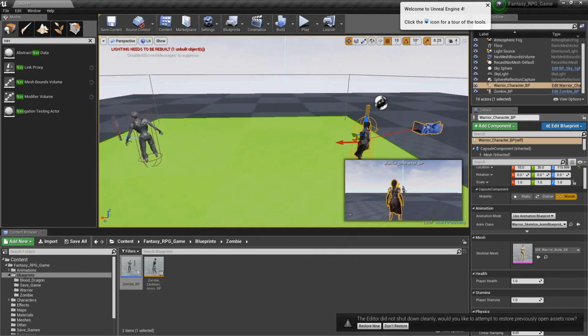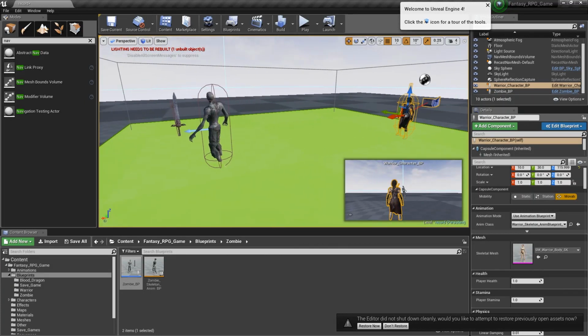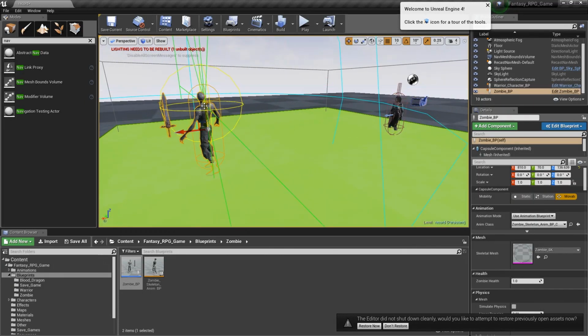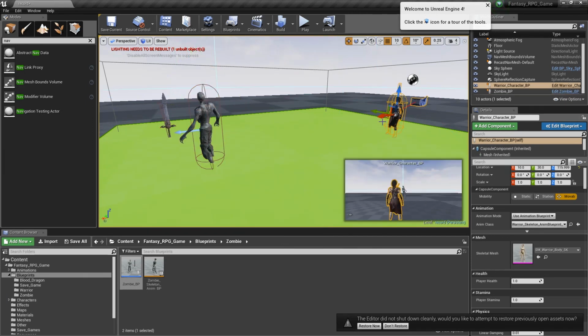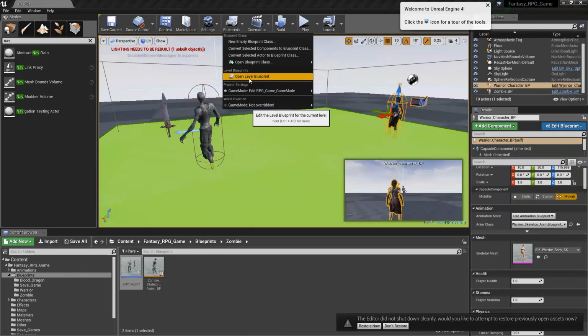Okay, so now we're going to look at how to set up our start menu. We're going to change a few things. We don't want the zombie to initialize immediately when we click the play button, because we don't want him to attack us while we're in the menu. We also don't want the player to move around while we're in the menu. So what we're going to do now is create the start menu through the level blueprint. So we'll go to our level blueprint,